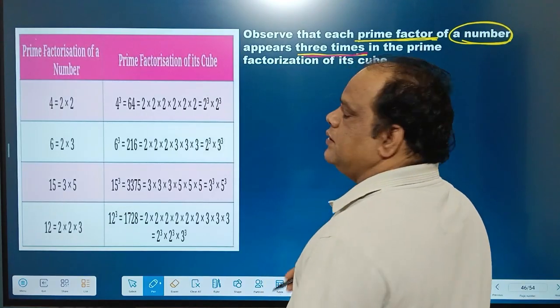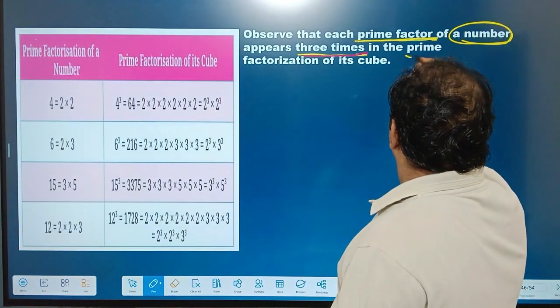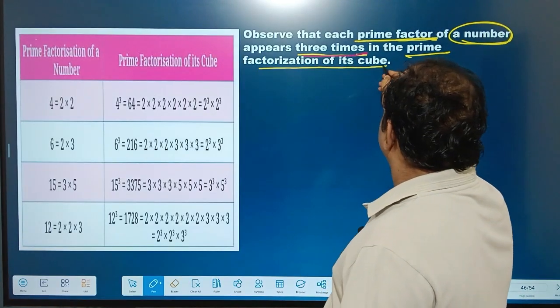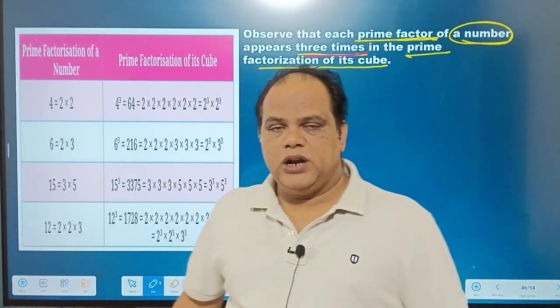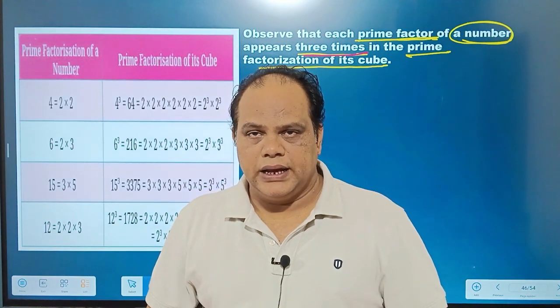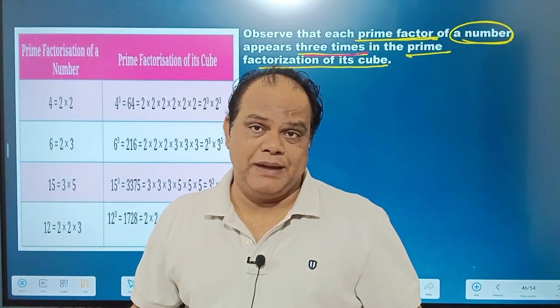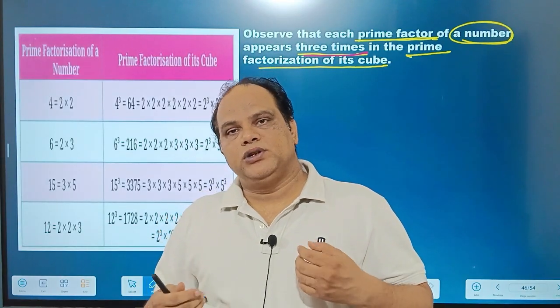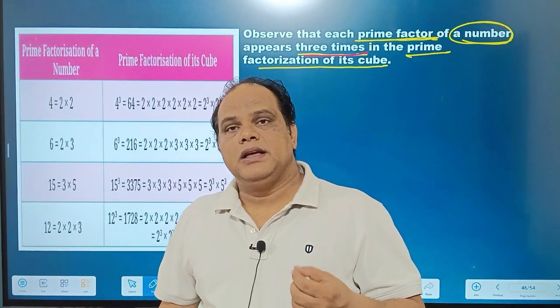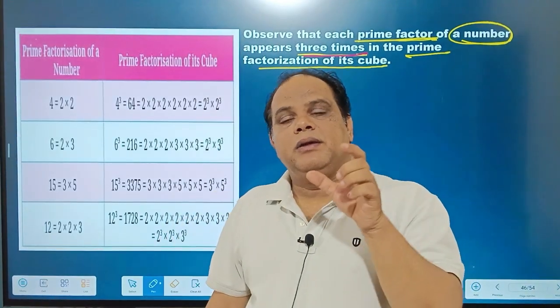This is the concept of a cube, that each prime factor has to appear three times in the prime factorization of its cube. So whatever the number is, if we have to find the cube, their factors will always be prime numbers. And if those prime factors come in a triplet, meaning the number is repeated three